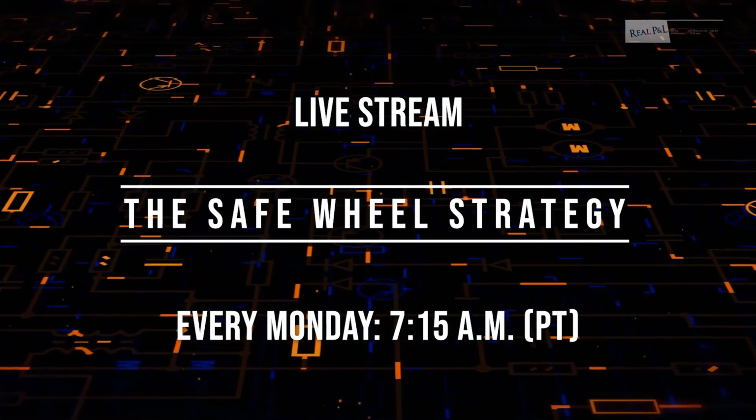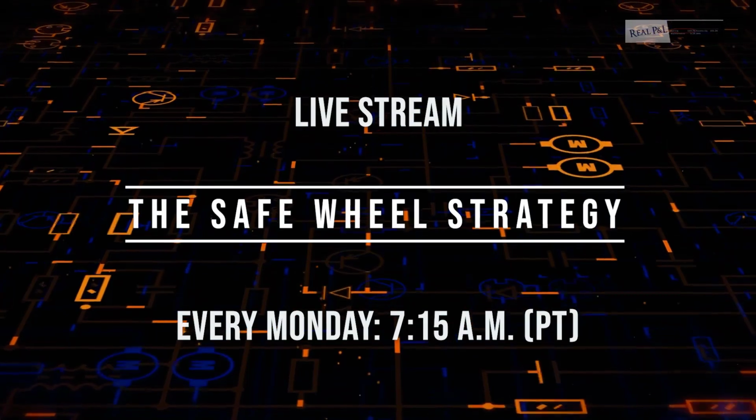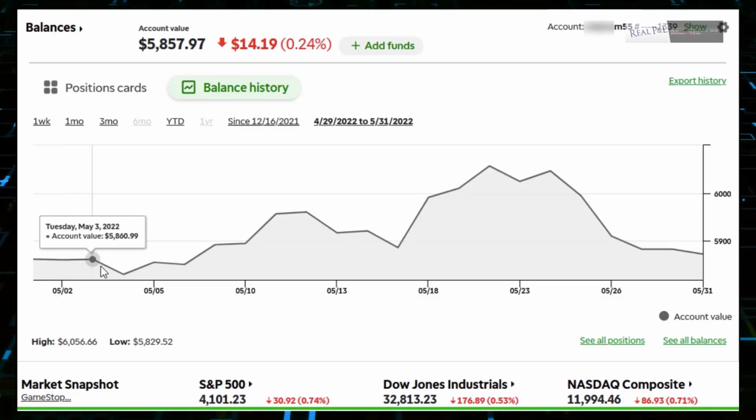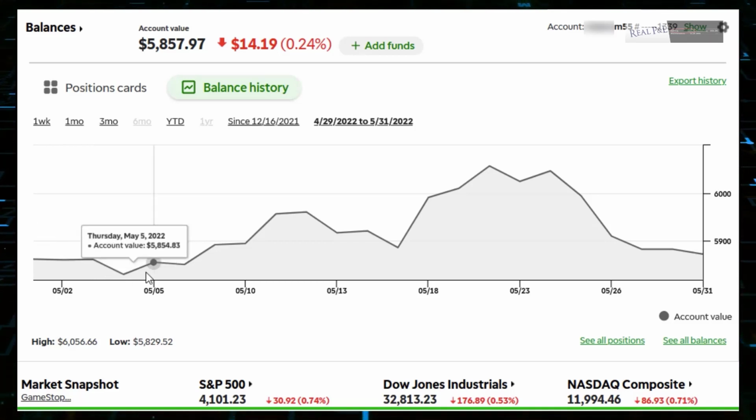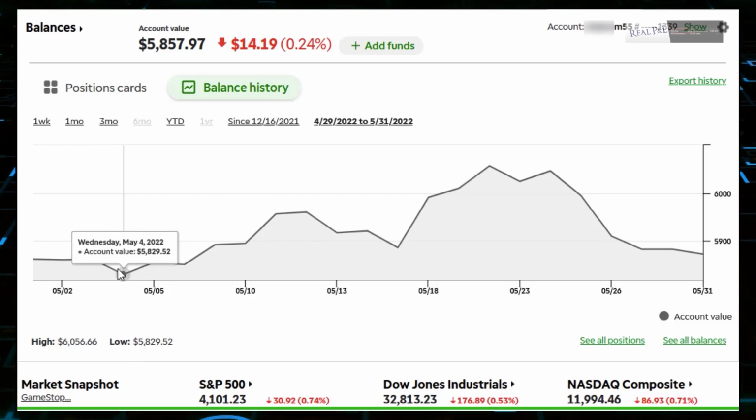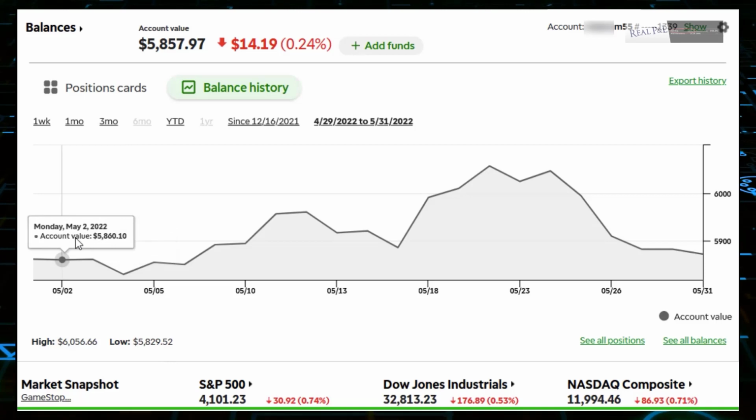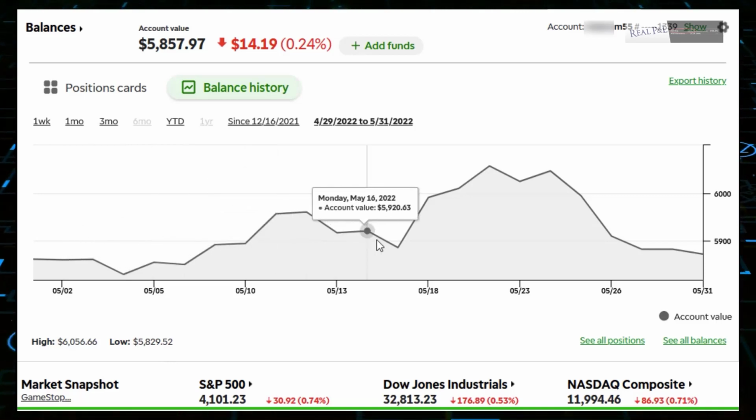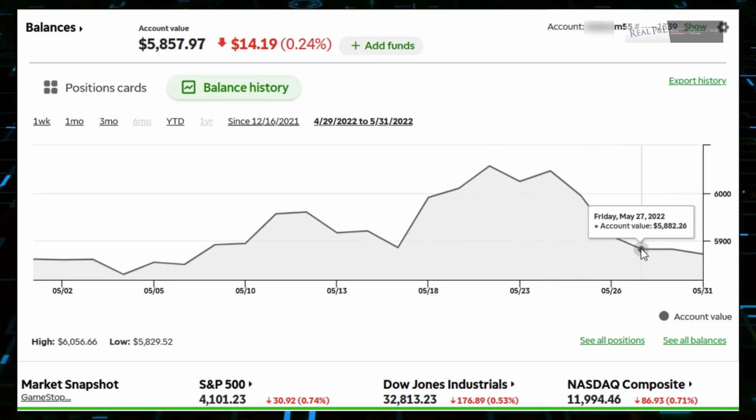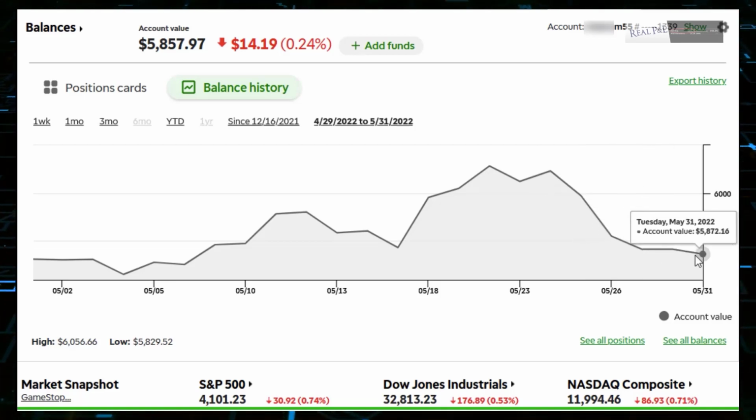Now here are the results for the safe wheel for May 2022. Okay, looking at the safe wheel for May, we started the beginning of the month at $5,861. You can see we came down a little bit, $5,829, hardly any volatility in the account, not even worth calculating. You can see what we've done, went up. Remember Macy's kind of did well, went down pretty good, and then it came back up. So we kind of took a little bit of the profits off the table there, and we ended at